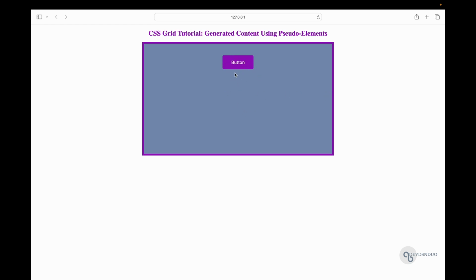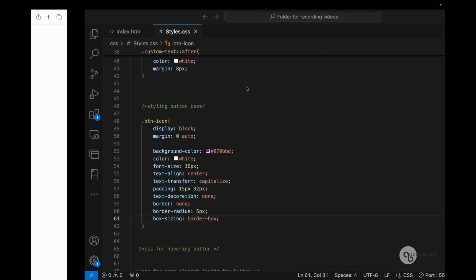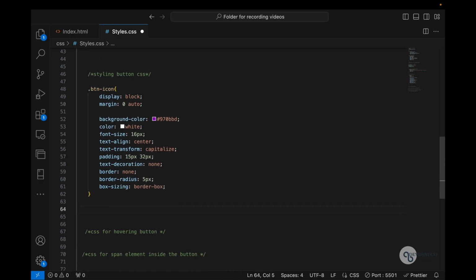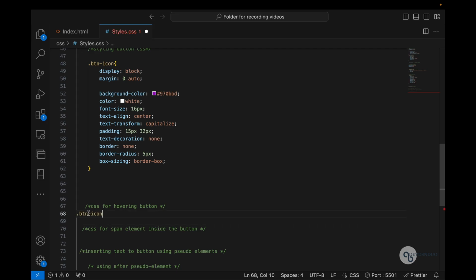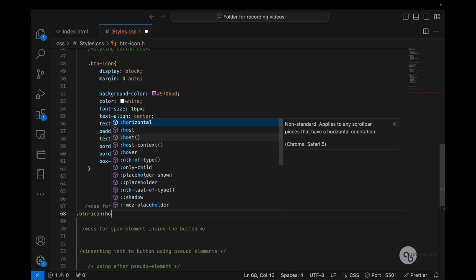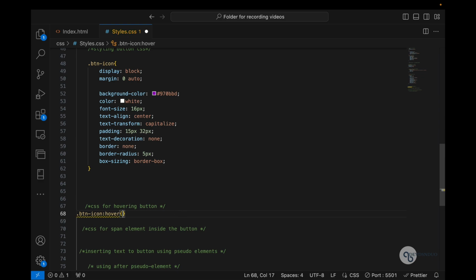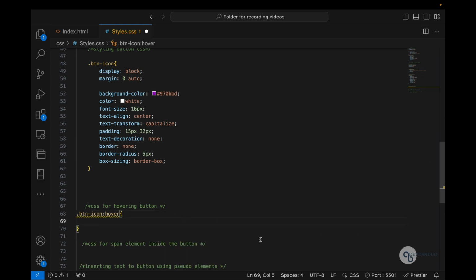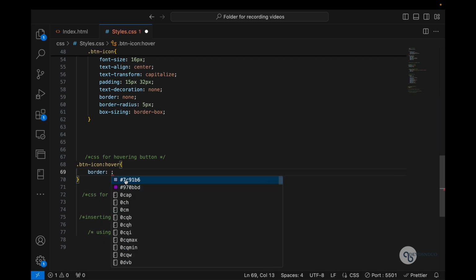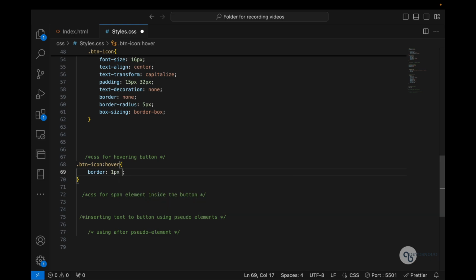So right here, now I want, when the user hovers over it, let's make some changes so you can clearly see that you are hovering this button. To do that, you can use this class again right here with the pseudo class hover. So when they hover over it, let's add a border. The border will be 1 pixel solid white,